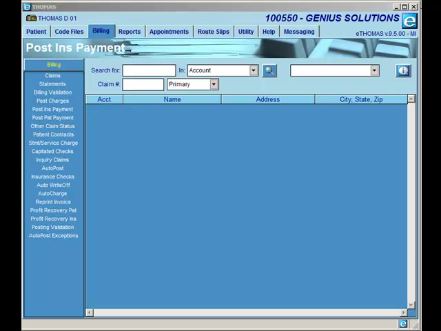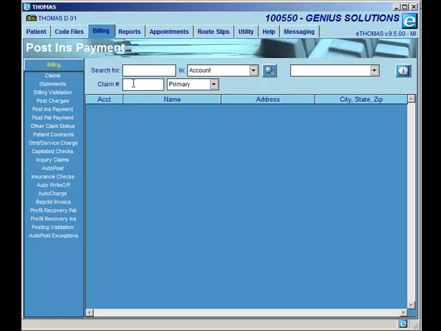If you've never used this post-ins payment area of eTHOMAS before, you might want to give it a try. You can post insurance payments based upon the claim number. You can also search for the patient within this area. Most people are going to use it with the claim number because on your EOB, the patient's claim number is always listed on there if the claim was sent out of eTHOMAS. You'll have the patient account number,